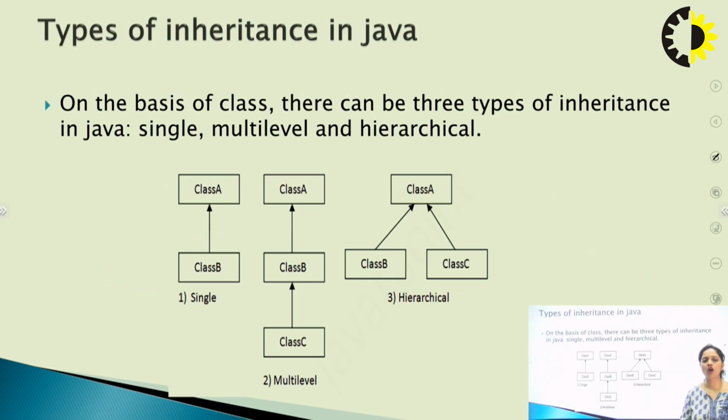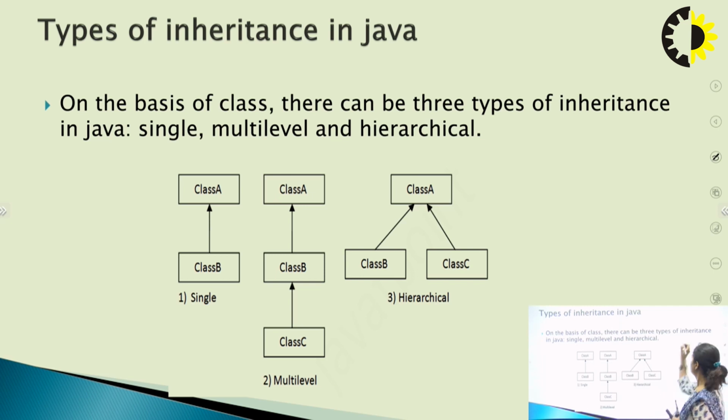Now next is the types of inheritance in Java. Java supports only three types of inheritance. The first one is single inheritance, the second one is multi-level inheritance, and the third one is hierarchical inheritance. We have one more inheritance which is supported by C++, which is also an object-oriented programming language, which is multiple inheritance. But in Java we do not have the concept of pointers, as memory allocation and deallocation is done automatically by the default constructor, which we use with the new operator. So multiple inheritance is not supported here.